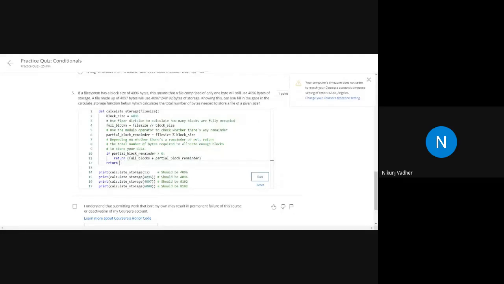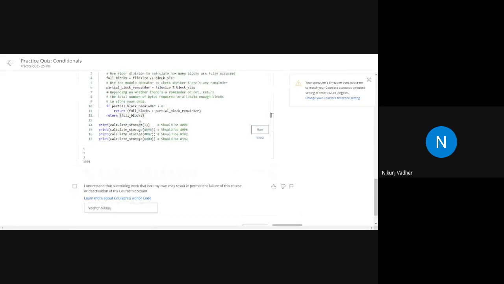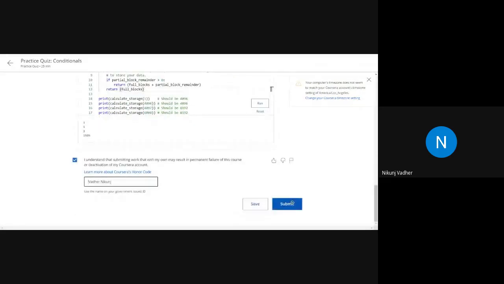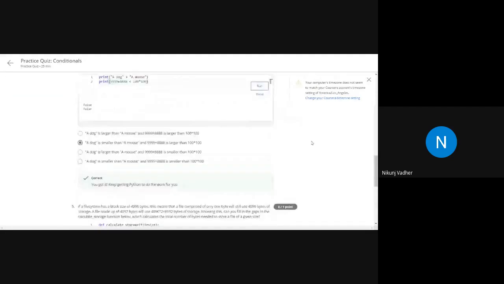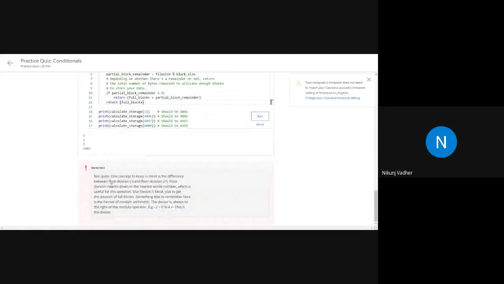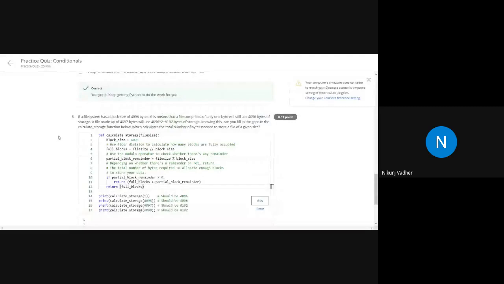Otherwise we will return full blocks. That's it. Let's see. Okay. Congratulations. There is a mistake. One difference between division and floor division: we use floor division to calculate how many blocks are fully occupied, file size floor division block size.